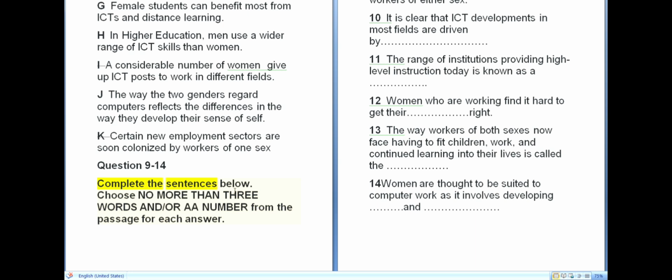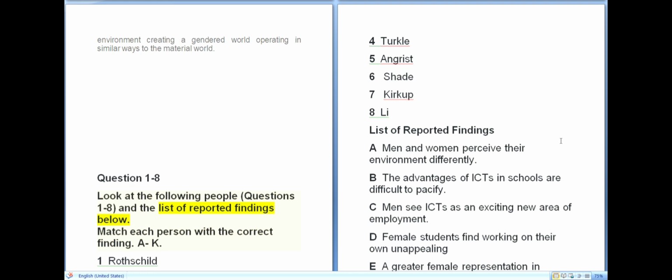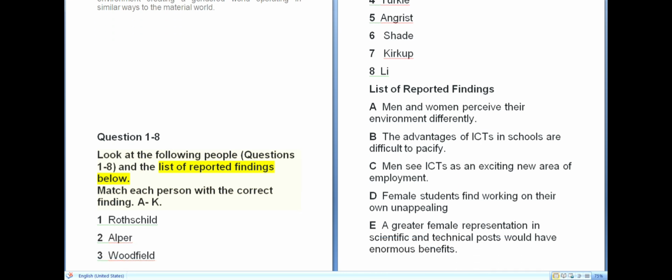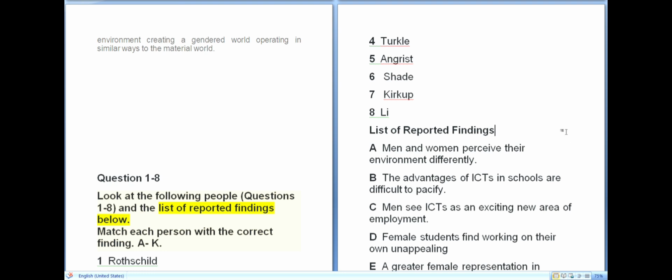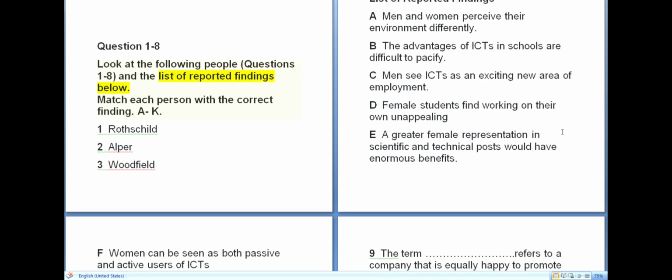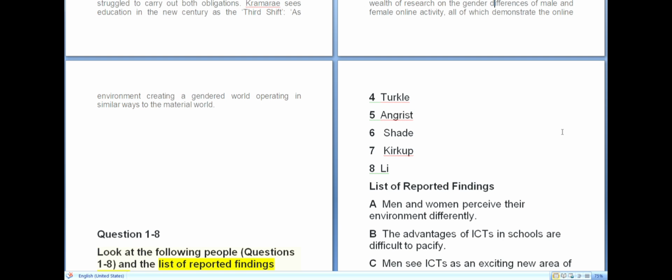So let's start. Fine. So first we answer the list of people. What is the step here? Read all the given 1 to 8 questions properly. You need not pinpoint and understand the names or pronounce them. You can just go through them, have a glance, understand the capital letters, and then quickly go through the passage and try to locate them. So it is 1 to 3 on the left hand side and 4 to 8 on the right hand side of the page. Okay, here we scroll the page to the top again and try to locate them.